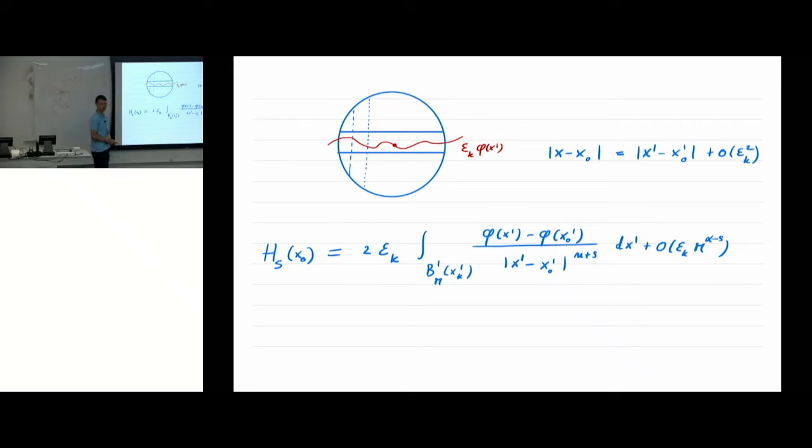Which fractional Laplace? Well, it's Laplace to the 1 plus s over 2 of phi. Why 1 plus s over 2? Because I went down a dimension. These things are in Rn minus 1. This function is defined in Rn minus 1, and here I have power n plus s. So the linearization of the